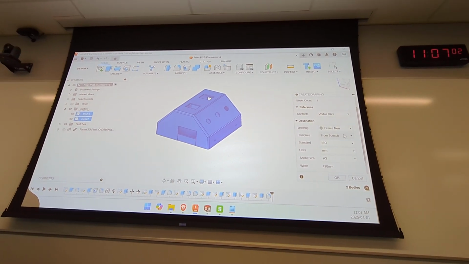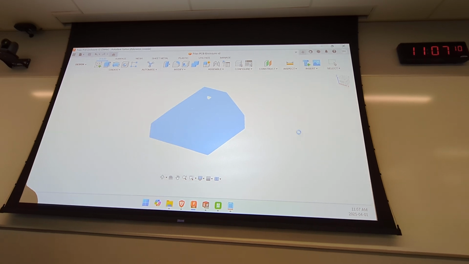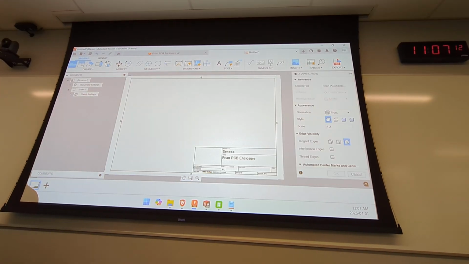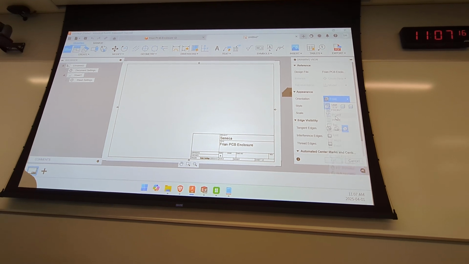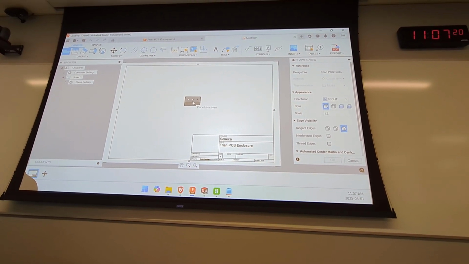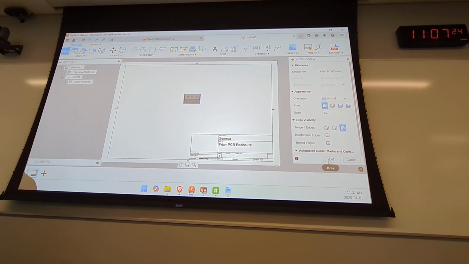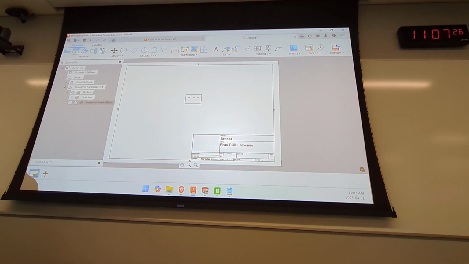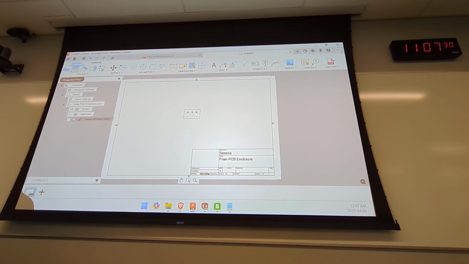Don't want that. You can pick some drafting standard. Doesn't matter. Choose whatever drafting standard you want. And then click OK. And now we're here. And now we place our drawing. I prefer to have this as my right. Maybe you can change the scale if you have a small part. And once you place the first part, then you can start getting into the other features, tools within the drawing